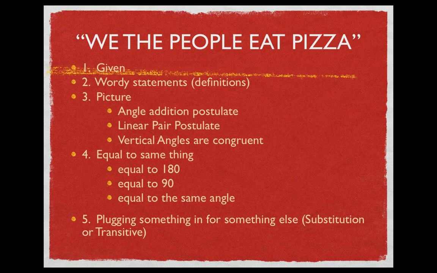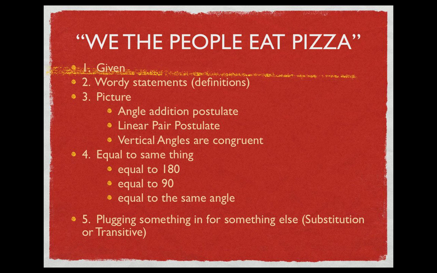Or sometimes you have two things that are equal to the same angle. For instance, angle ABC is equal to angle 1 plus angle 2, and angle ABC equals 90 degrees. So you can drop out the angle, the one they have in common, and just say the measure of angle 1 plus the measure of angle 2 equals 90 degrees. So once you've done that,